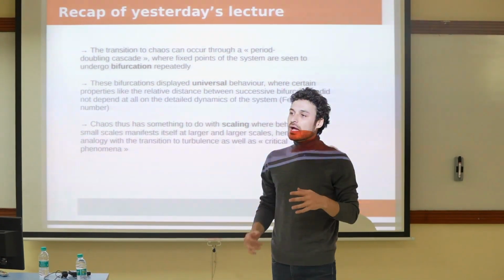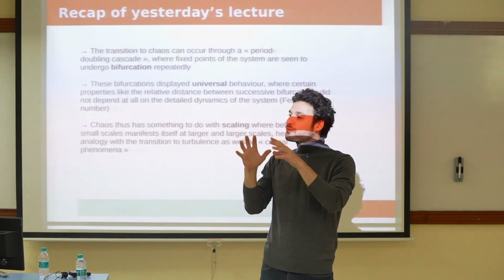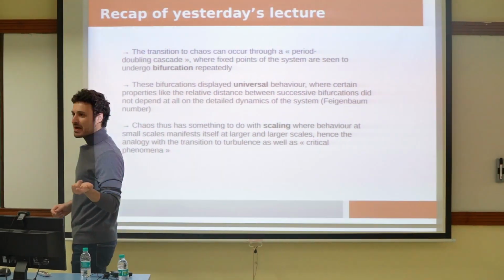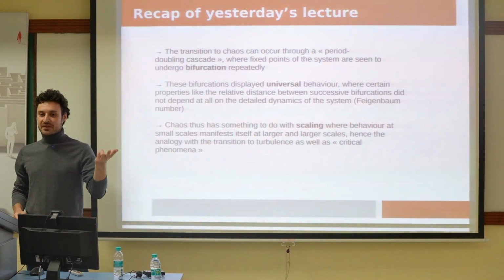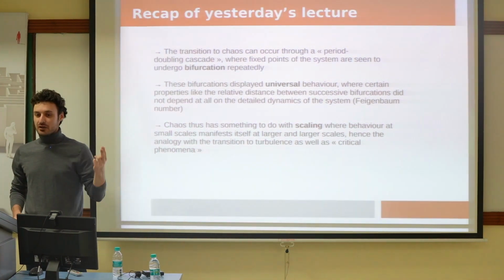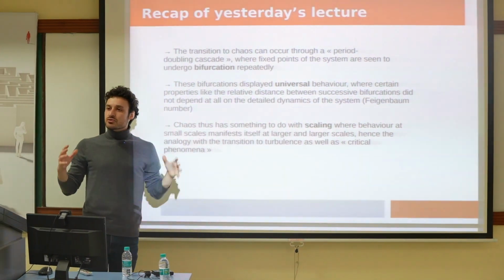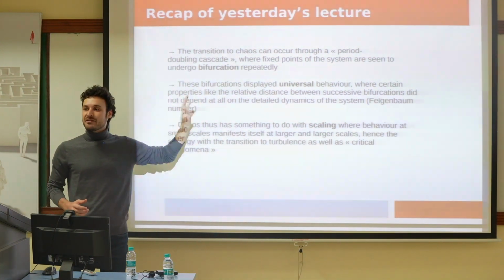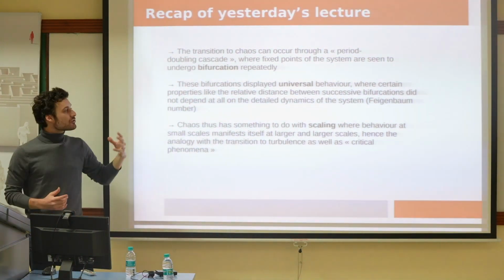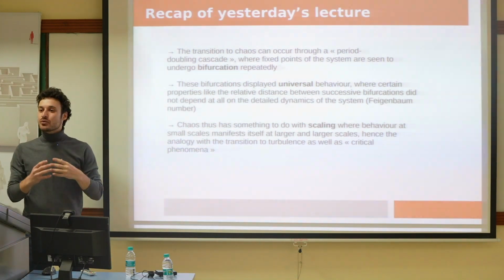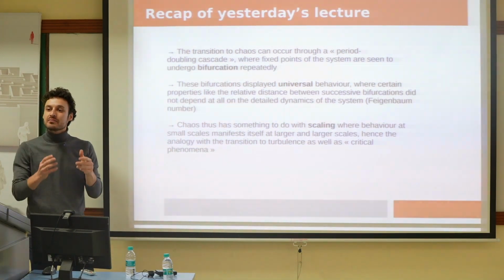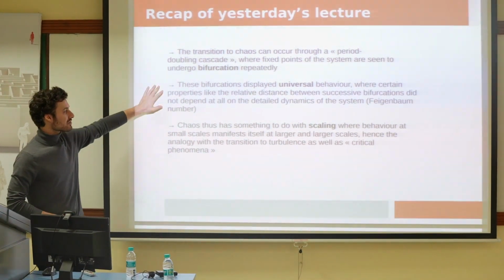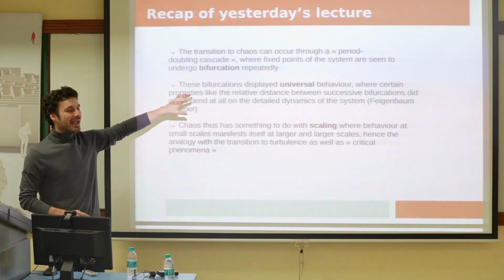One of the interesting things about these bifurcations is that they're universal, in the sense that we looked at a few different dynamical systems. We looked at the Duffing oscillator, the Lorenz system, and the logistic map. All these systems, which are drawn from very different fields, actually display the same kind of behavior. This tells you that the underlying dynamics don't really matter as long as they're chaotic, non-linear, deterministic, and sensitive to initial conditions, because all of them will behave in the same way.